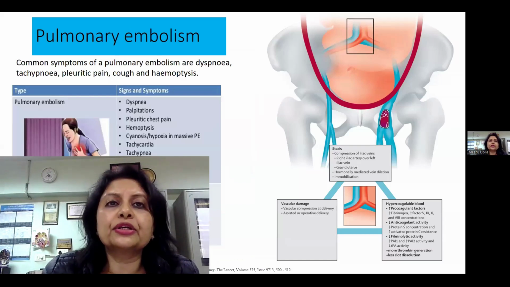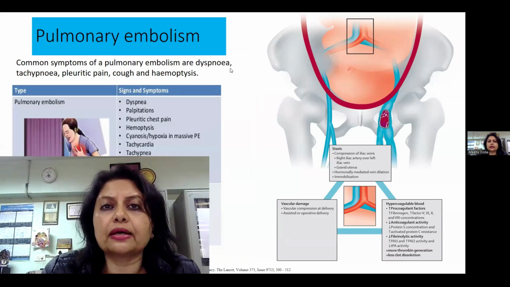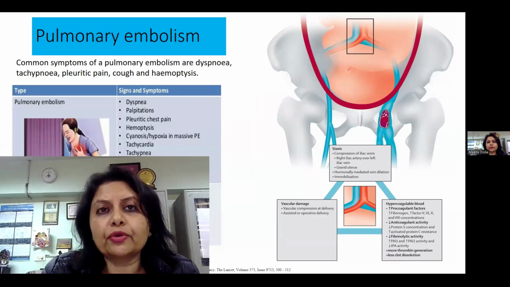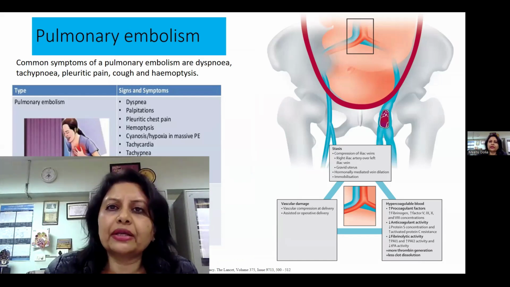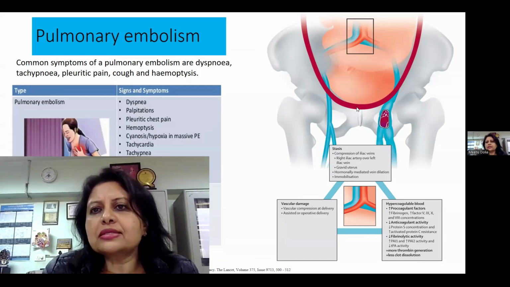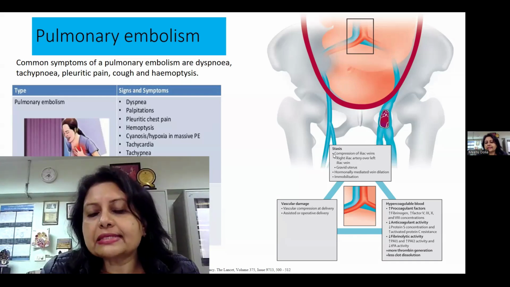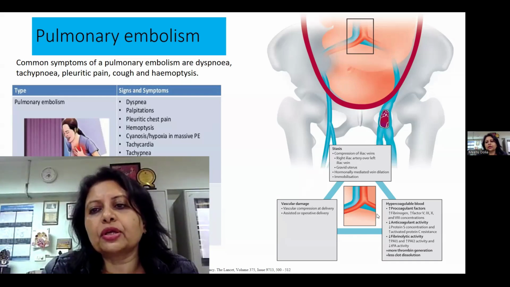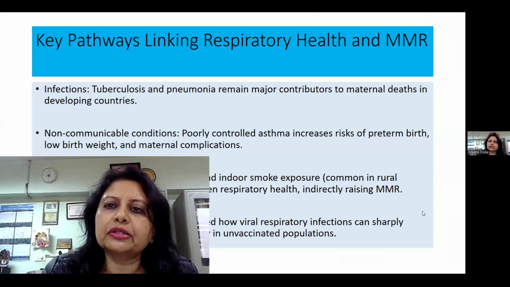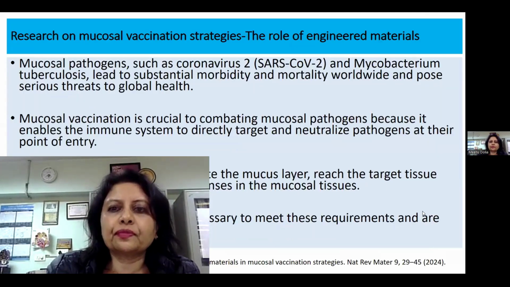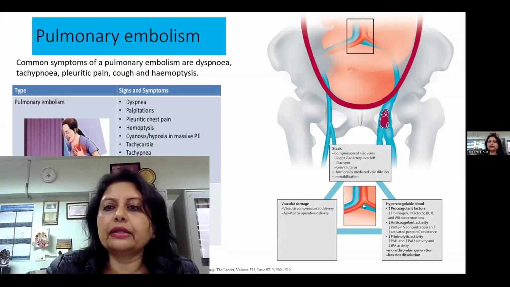Another important condition which is contributing to fatality during pregnancy is pulmonary embolism. Now here you can see this is a picture of how the gravid uterus is sitting on the pelvic veins, and if there is stasis, if there is vascular damage, if there is a hypercoagulable state, then